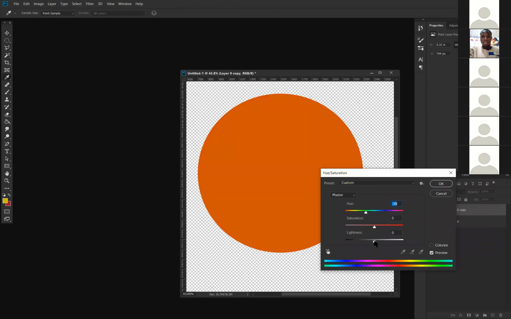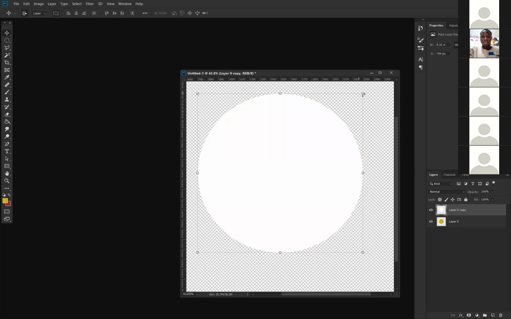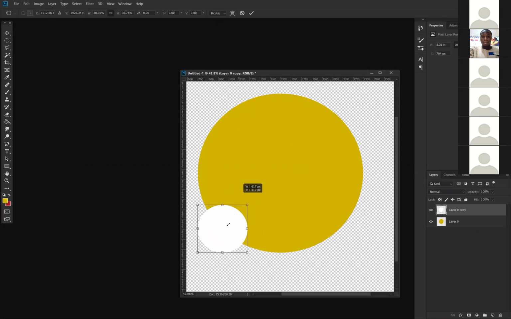And if you wanted it white, all you need to do is come to lightness and then draw it flat. Say OK, adjust, and then there you go. You have the white. So we could just use this to represent an eye, for instance. And another thing we do is